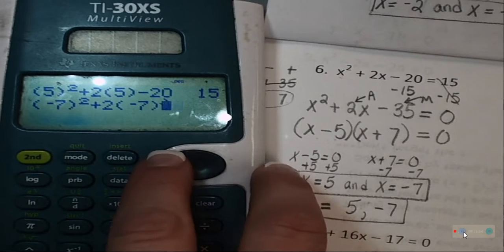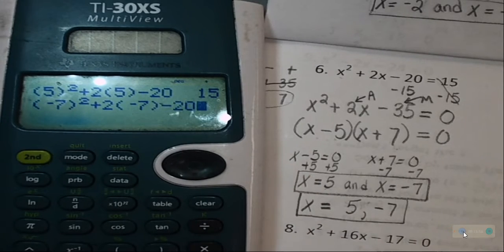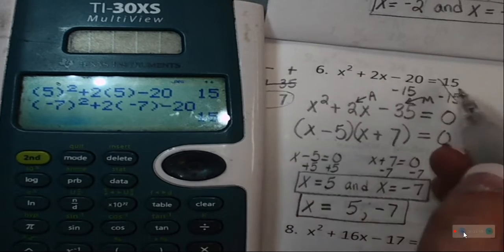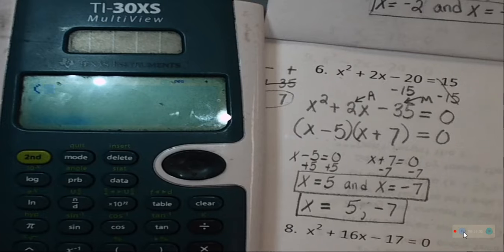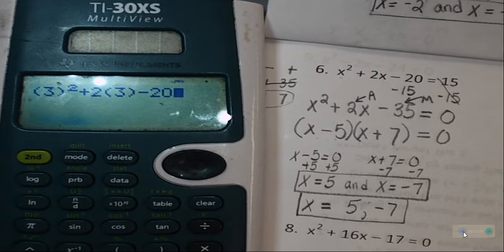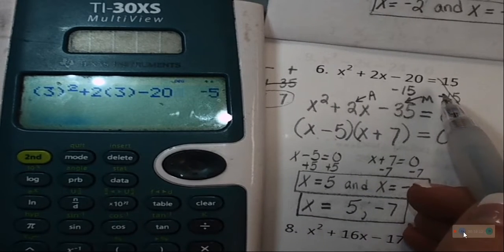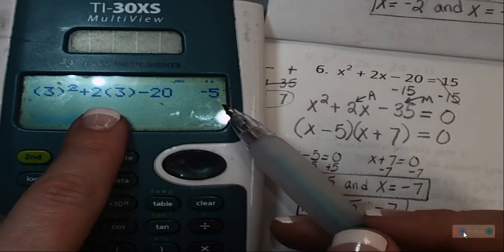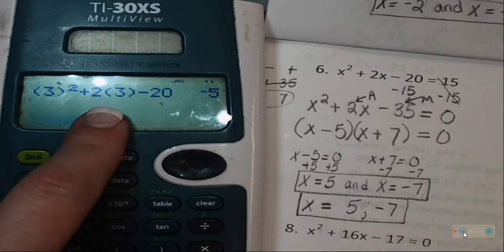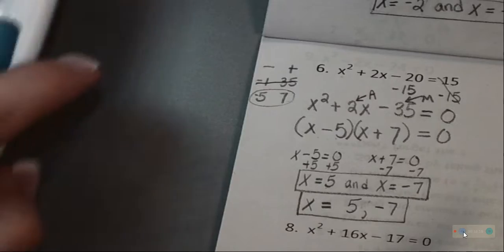Except Miss Lusher totally goofed that up and didn't hit the rest of her buttons. I get 15, that's right. Now, I'm going to type in a wrong answer. Let's say somebody thinks 3 is the answer. How are they going to know that 3 is not the answer? It's not going to equal 15. See how it doesn't equal 15? Now, 3, negative 5 is a point on the graph, but it is not the x-intercept, therefore it's not the